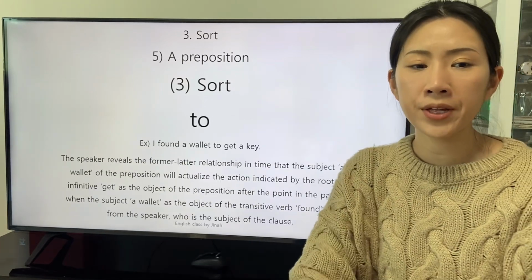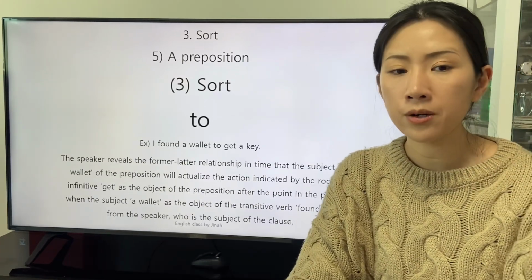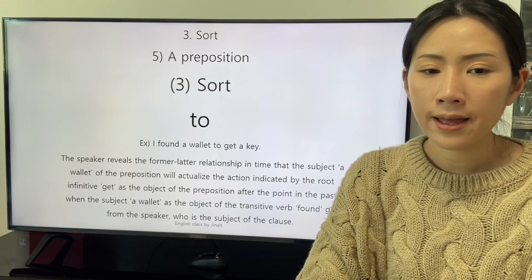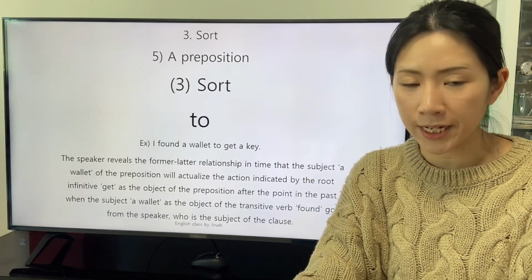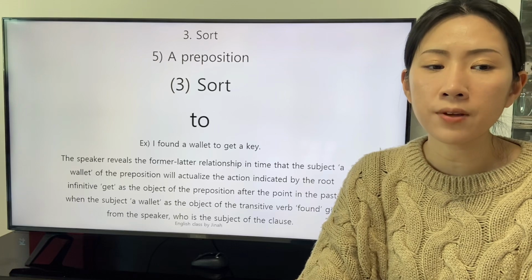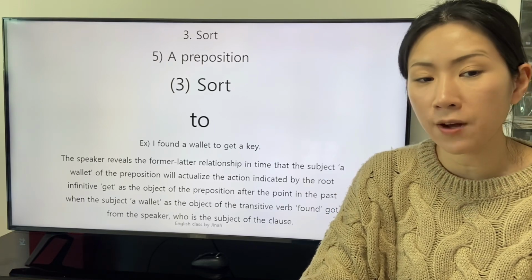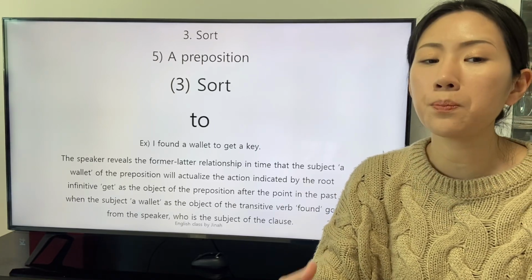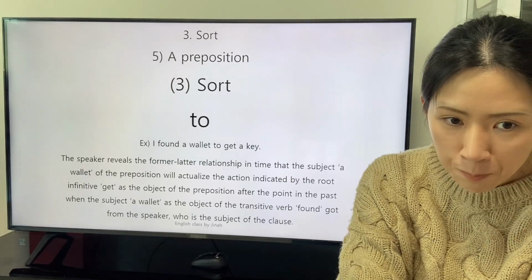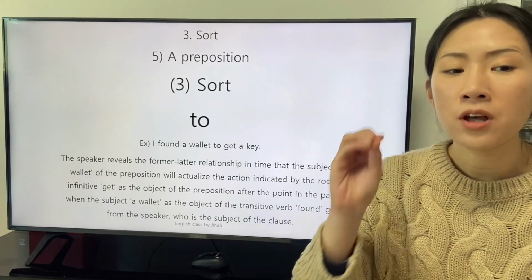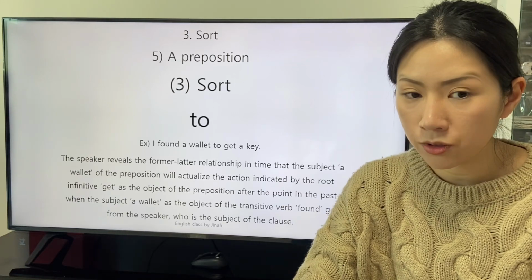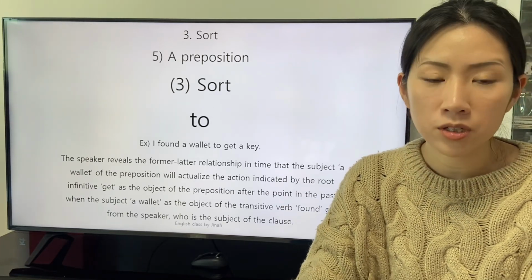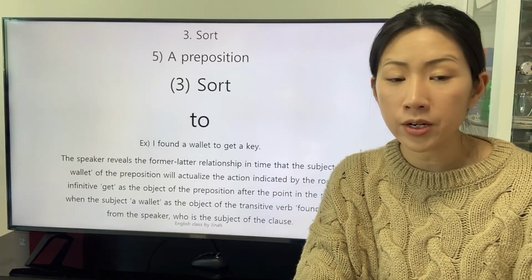The speaker reveals the latter relationship in time, that the subject, a wallet, of the preposition will actualize the action indicated by the root infinitive get as the object of the preposition after the point in the past. The wallet is the object of the transitive verb found, got from the speaker,